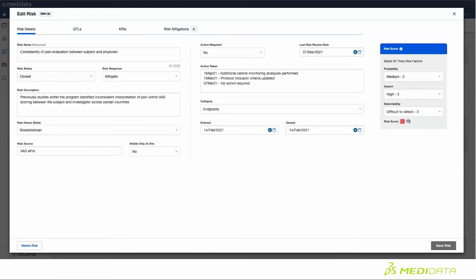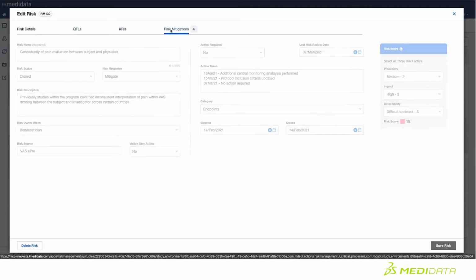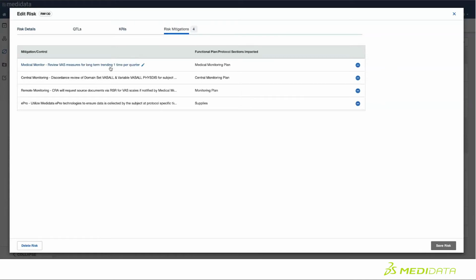So we can score the risk on a number of different dimensions. But here's where we come back to the power of the single data platform. That risk is not useful unless I can drive mitigation strategies around it. And so I can set up how I want to control for this risk, what data I'm going to focus on. And when we're talking about high volume, high velocity patient data capture, I can't just be looking at one patient or even one site's data. I need to leverage the capabilities available to analyze data across the entire study's data set to be able to identify those trends and anomalies in near real time.